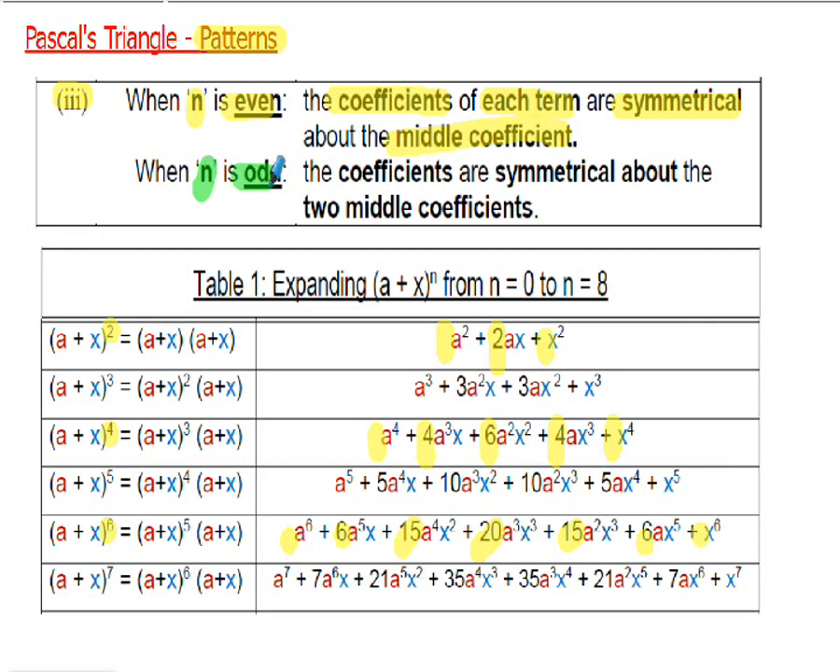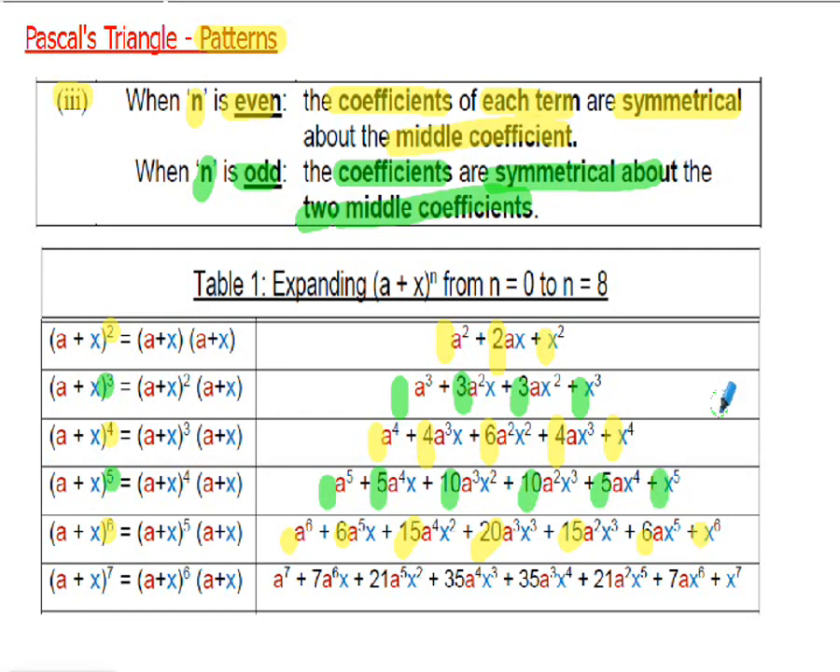When n is odd though, the coefficients are symmetrical about the 2 middle coefficients. So if I now take, for example, the cube expansion, it's an odd expansion. In the middle we've got 3 and 3 for coefficients, and either side of those we have a 1 and a 1. If I take a power 5 odd expansion here, in the middle we have 2 10s, and then either side of that now we have a 5 coefficient, and then back to our 1a to the 5